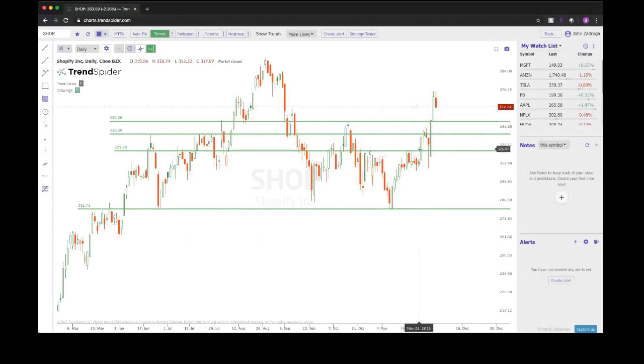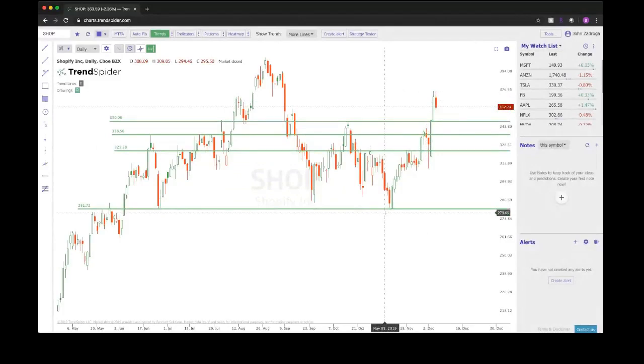Personally, I know some traders that made almost $1 million on this trade, riding Shop to the top. But there are so many different ways to play these levels, and it all depends on your risk tolerance. I know traders that waited for 330, 338, 339 to enter. I know traders that waited for 350, and some just got in right at the 325 break again. And it's that simple. There's really not much more to it other than